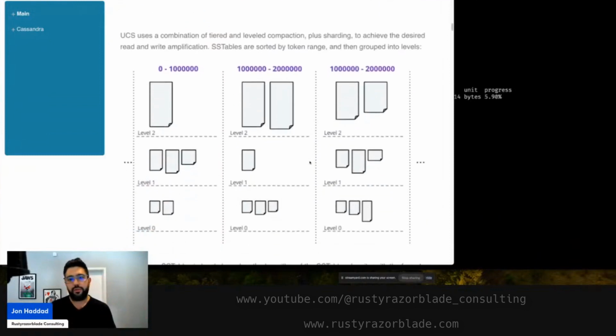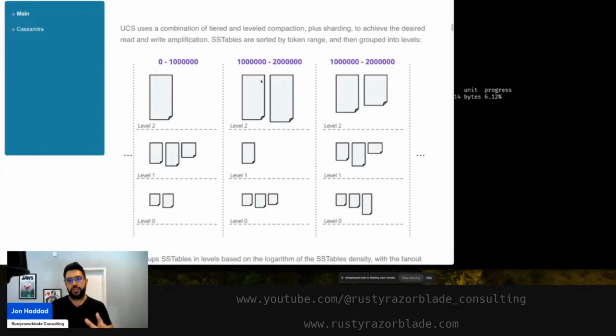it's a really, really smart design. What I like about it is it's a nuanced, intelligent design that fixes subtle issues that cause each compaction strategy to have some flaws. So for write-heavy workloads where leveled compaction is not going to be a good fit because of the amount of read and write amplification, UCS looks like it is a no-brainer replacement. Even if you use T4, which is the same setting as size tiered by default,